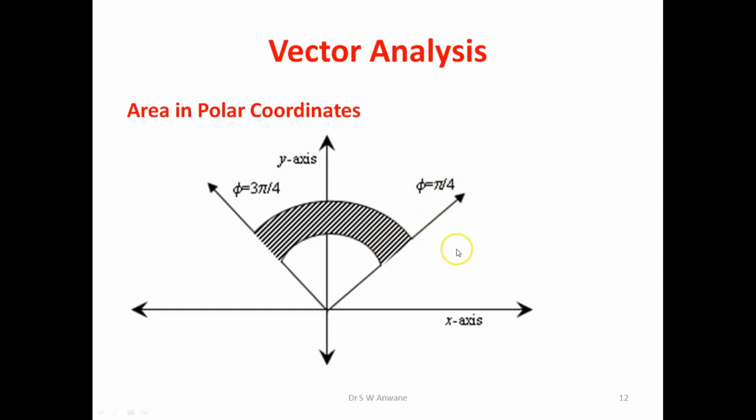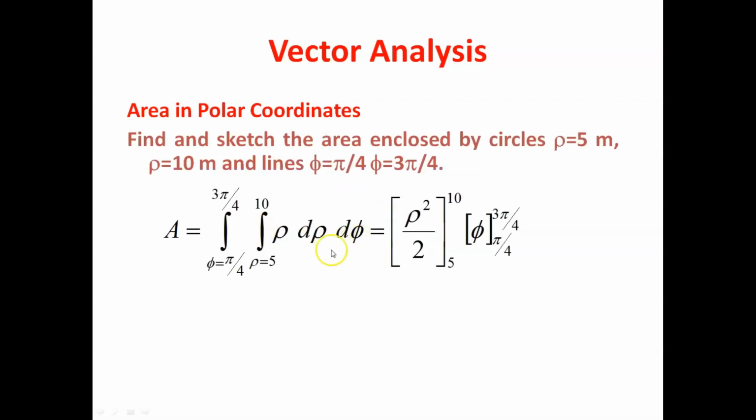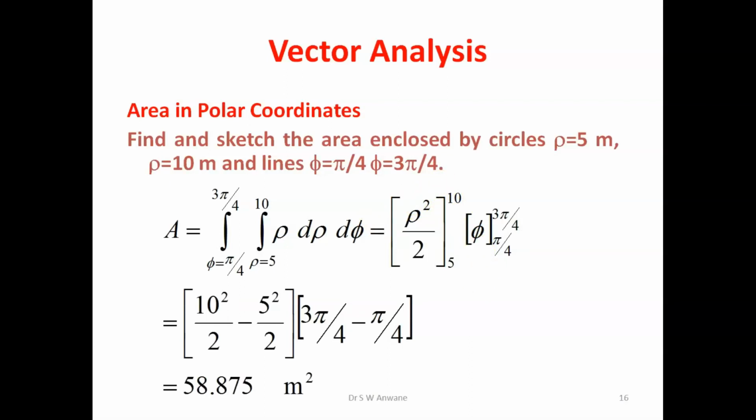This arc length we are talking about, this is the arc length at rho equal to rho 1, this is the arc length at rho equal to rho 2. So rho into d phi will represent the arc length. So in all, for area you have to have a product of two lengths. So d rho into rho d phi we can write as rho d rho d phi, and then you have to operate integration. Integration of rho d rho will be rho square by 2 and integration of d phi will be phi. So you have to substitute the limits accordingly and work out the area.